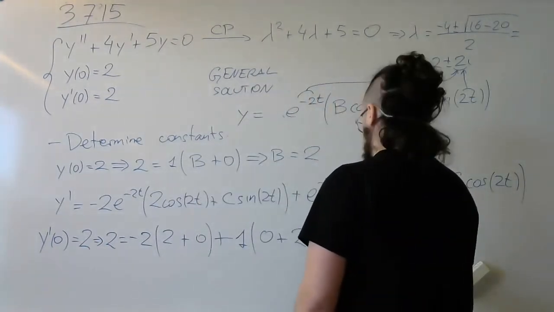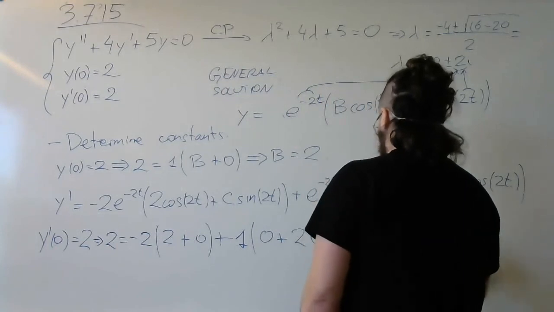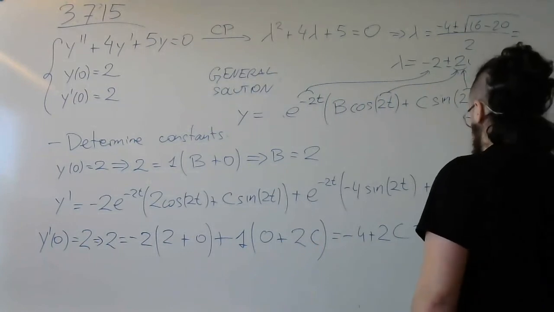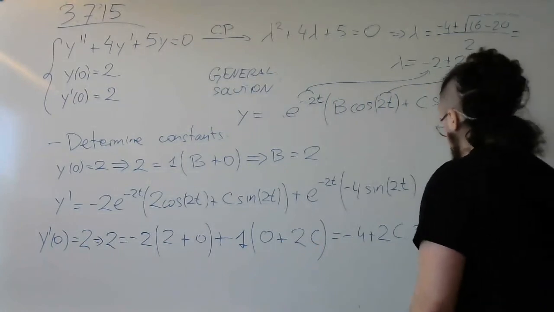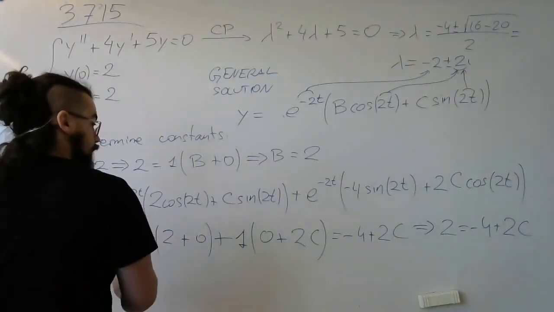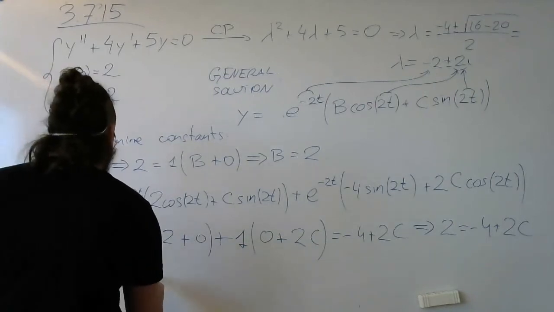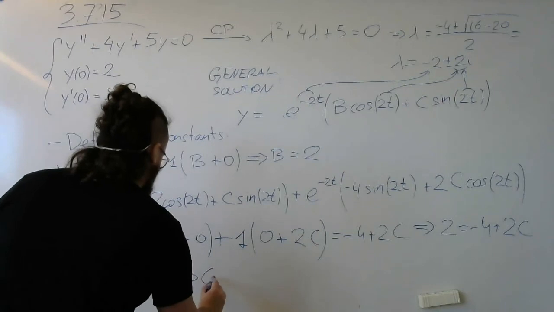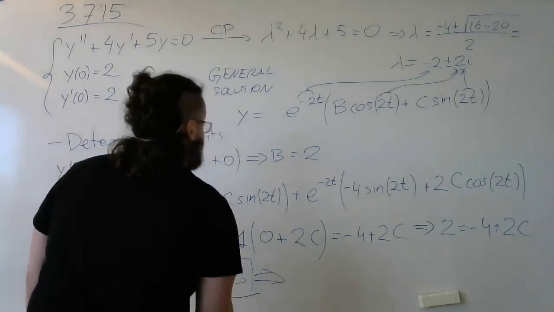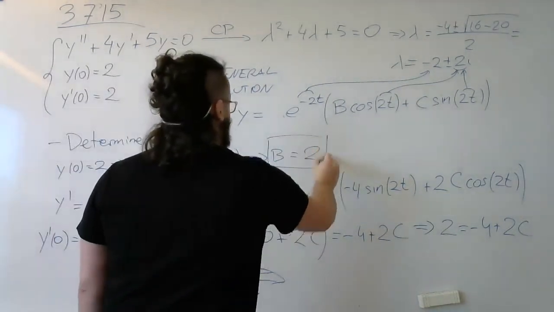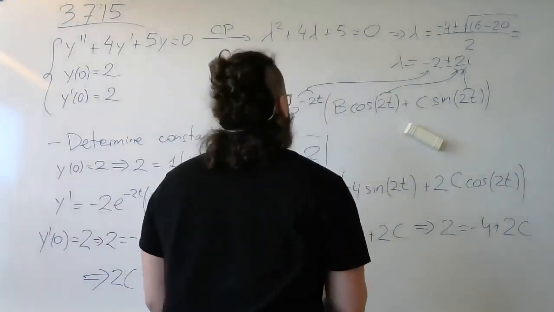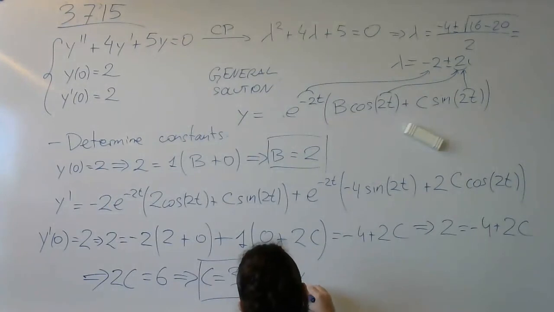This is minus 4 plus 2c. So the equation is 2 is minus 4 plus 2c, from which 2c equals 6, c equals 3, second constant, first constant, and so the solution is the one curve in the infinite family defined by